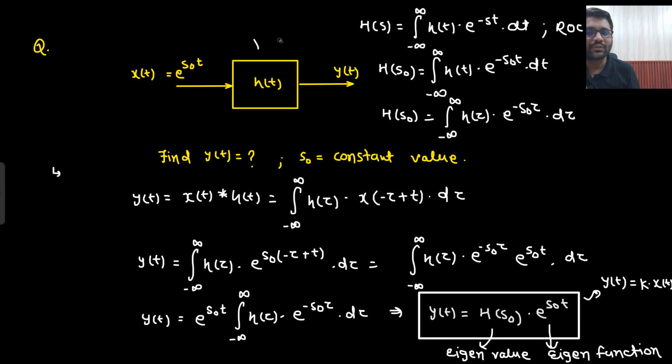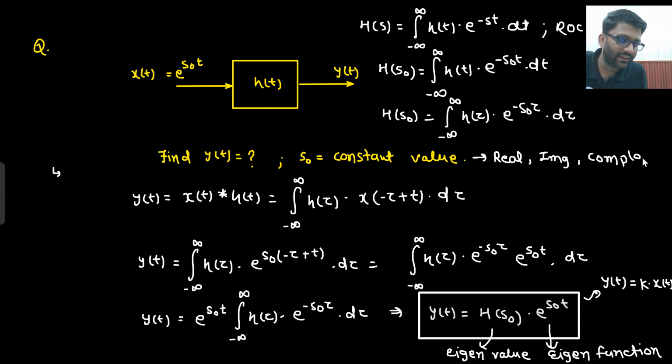So if you are making your own notes, then leave a space of 2 to 3 lines at least after this. I am going to write down a very important point here. We are missing something. As of now, it looks like e to the power s naught t will be an eigenfunction of any LTI system. The s naught value could be anything: real, imaginary, complex. So as of now, it feels like e to the power s naught t will always be